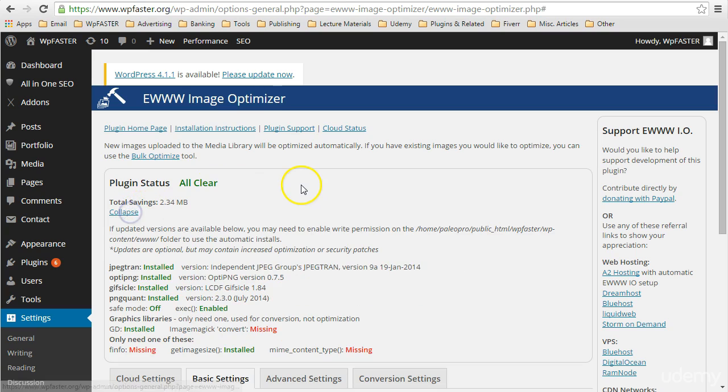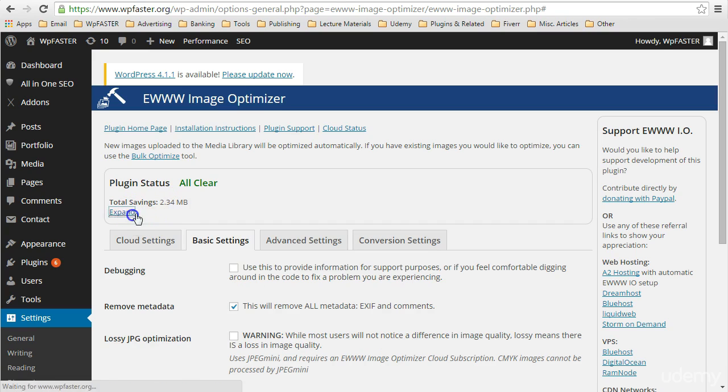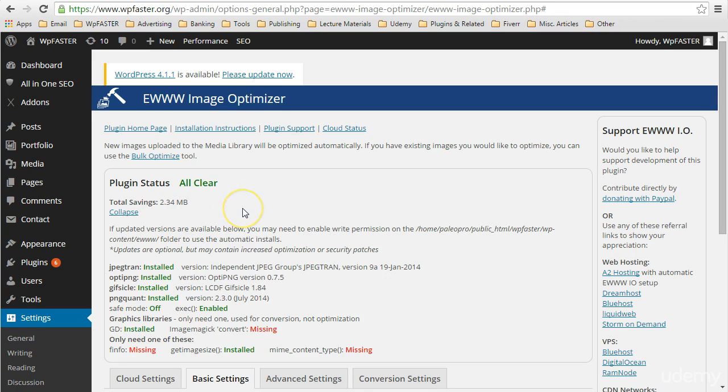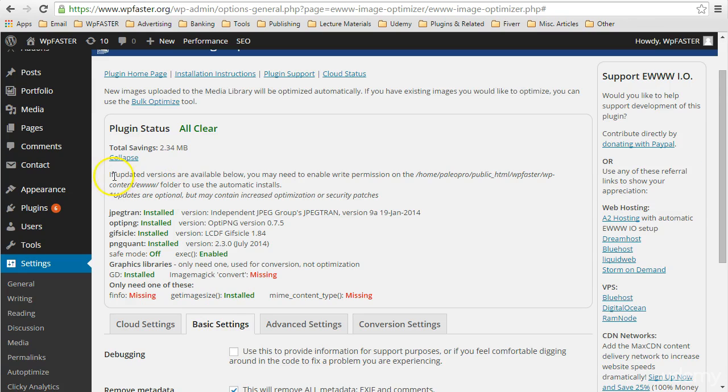So first, let's expand the plugin status box here. And here you'll get a total savings from all of the images that have been optimized with EWWW Image Optimizer. So your total weight that you're saving from all of your images will be listed here. We've got a pretty significant savings there of 2.34 megabytes. So that's 2.34 megabytes that would otherwise be served to our end user were we not using this plugin. This section here,